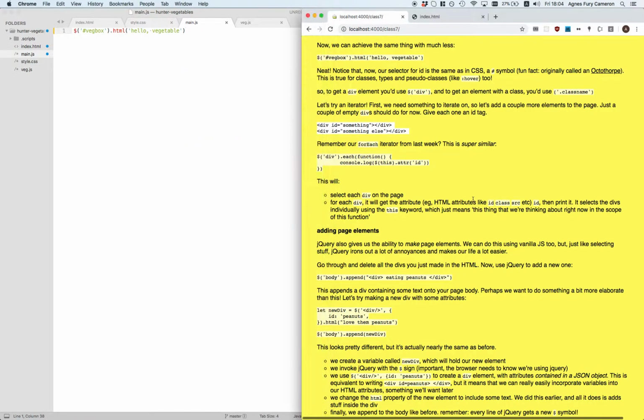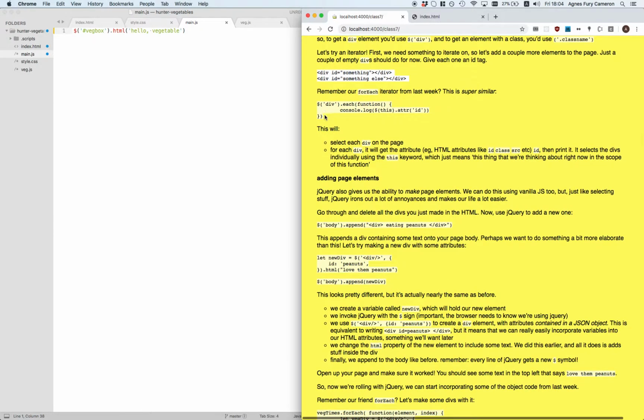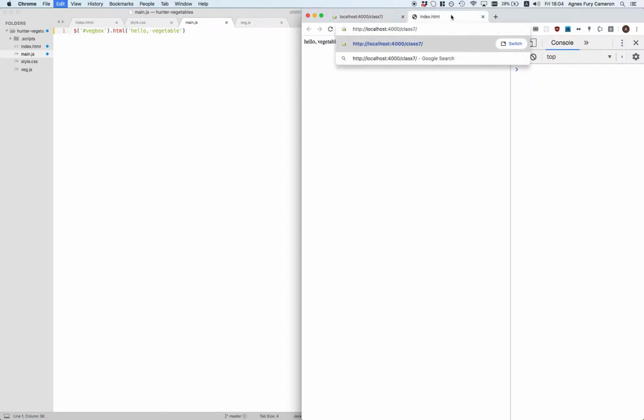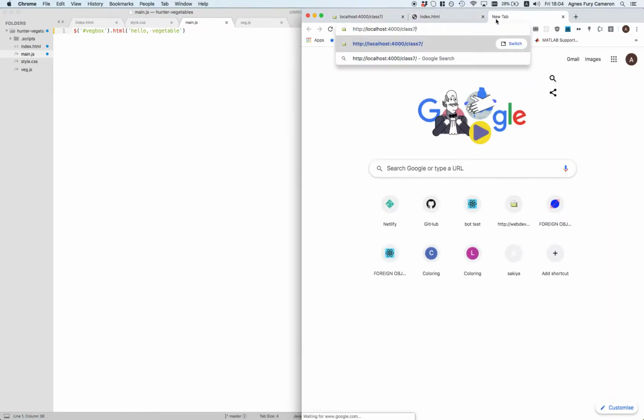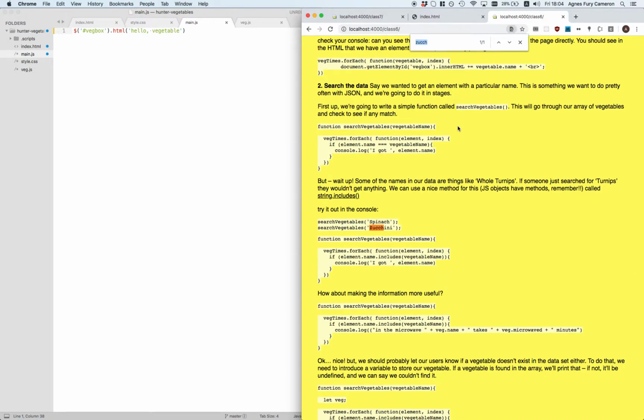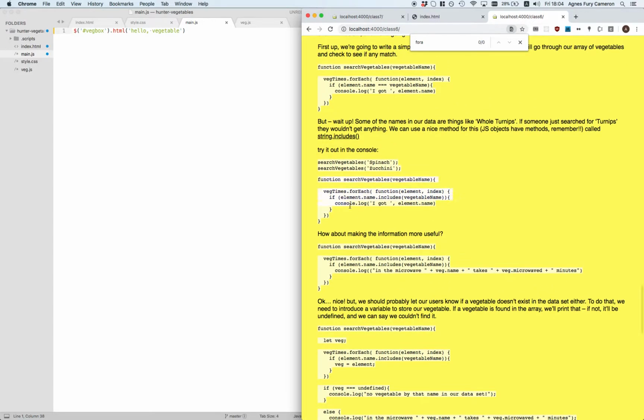So now, if we remember last week, let's get up last week. Class 6 for each. So we have these for each functions, this nice inline method that exists in ES6